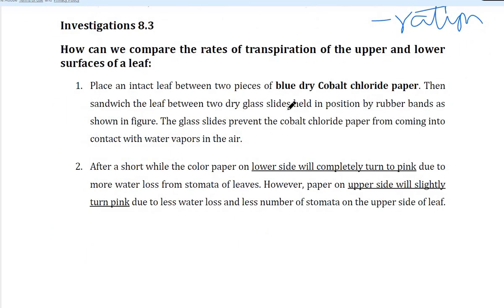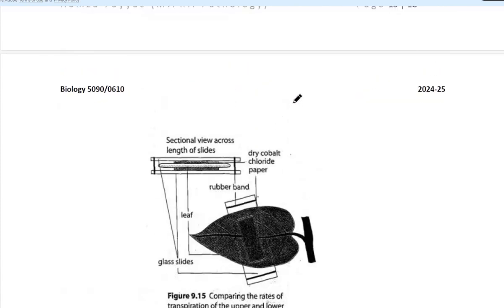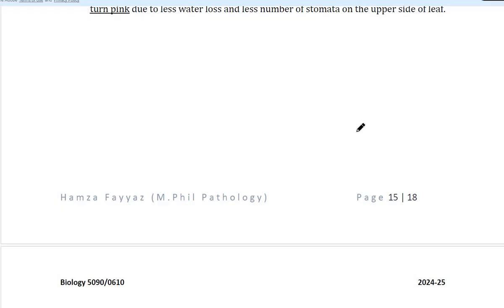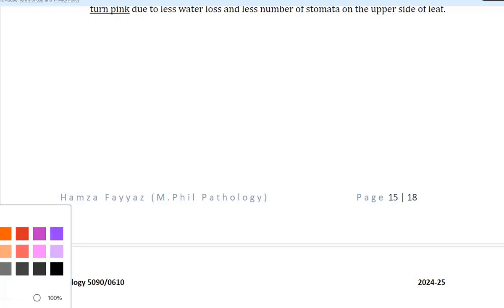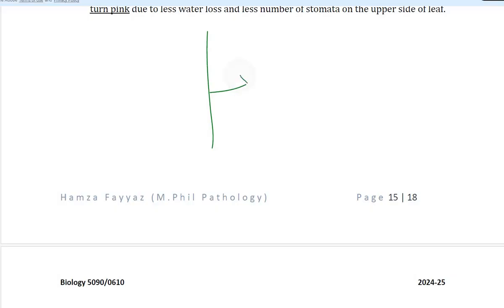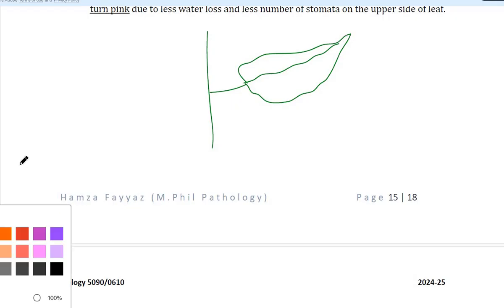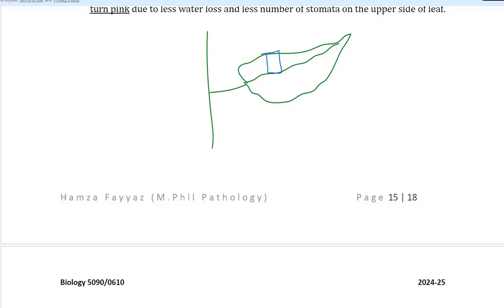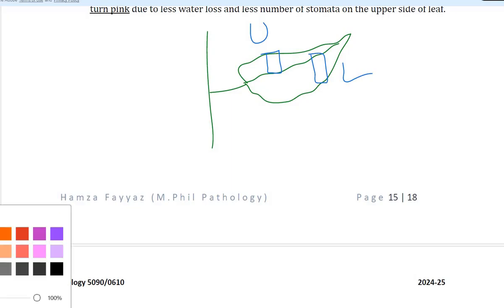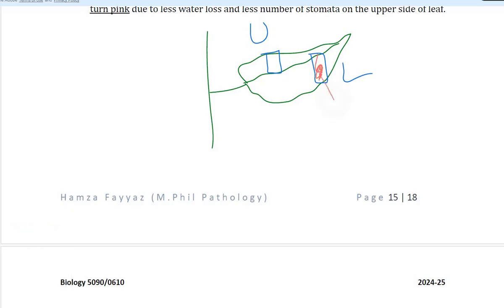Now we have to prove that more transpiration occurs through lower part of the leaf and less transpiration occurs through upper part of the leaf. अब हम क्या करते हैं, फॉर एग्जांपल एक प्लांट है, इस प्लांट के साथ लीफ लगा हुआ। लीफ के अपर और लोअर साइड के ऊपर हम ब्लू कोबाल्ट क्लोराइड पेपर लगा देते हैं, दैट इज ऑन द अपर साइड, दैट इज ऑन द लोअर साइड। अब जब ब्लू कोबाल्ट क्लोराइड पेपर हम ऊपर भी लगाते हैं, नीचे भी लगाते हैं, तो हम देखेंगे कि जो नीचे वाला पोर्शन है ना वो जल्दी पिंक हो जाएगा,